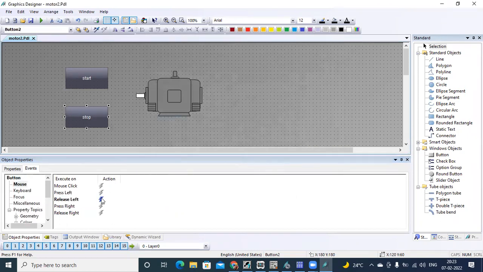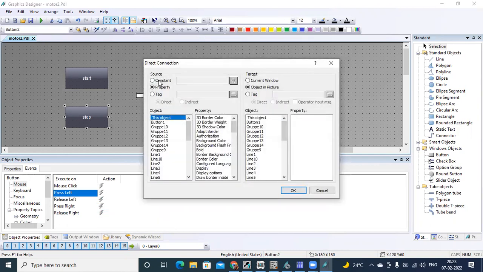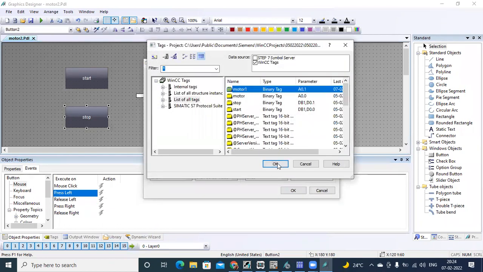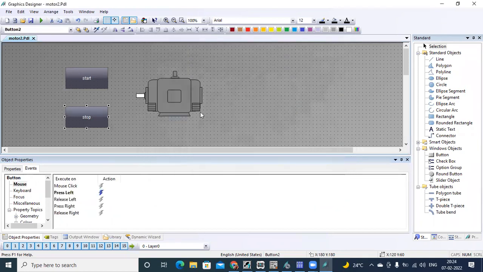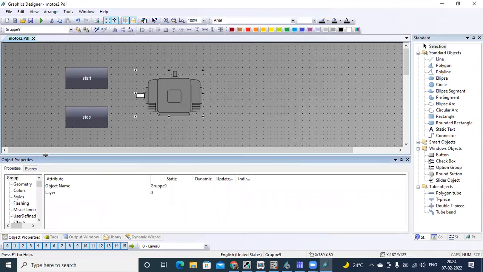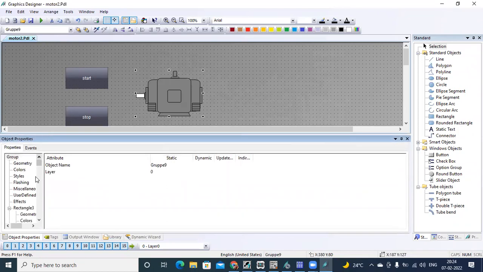Delete this one. You can use that also. Now for the motor here, when you select any object from the library, you don't need to disable the global color scheme option.